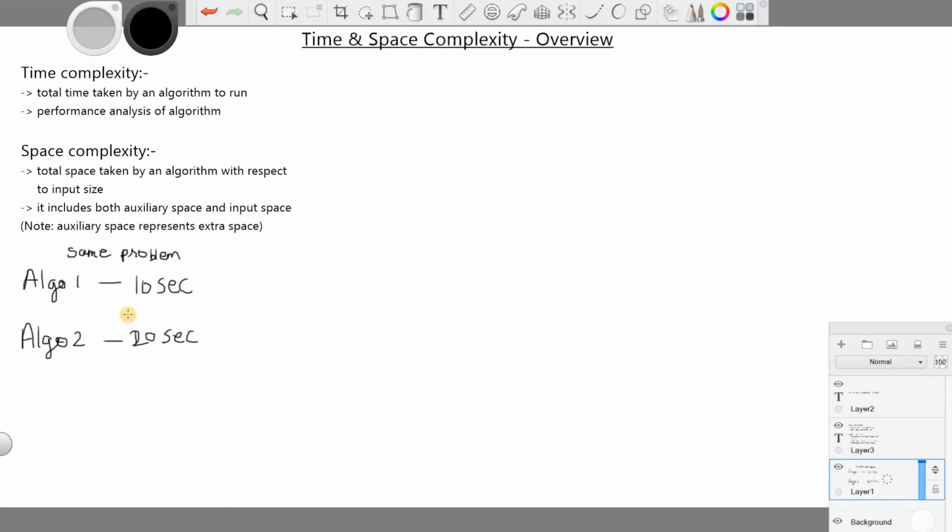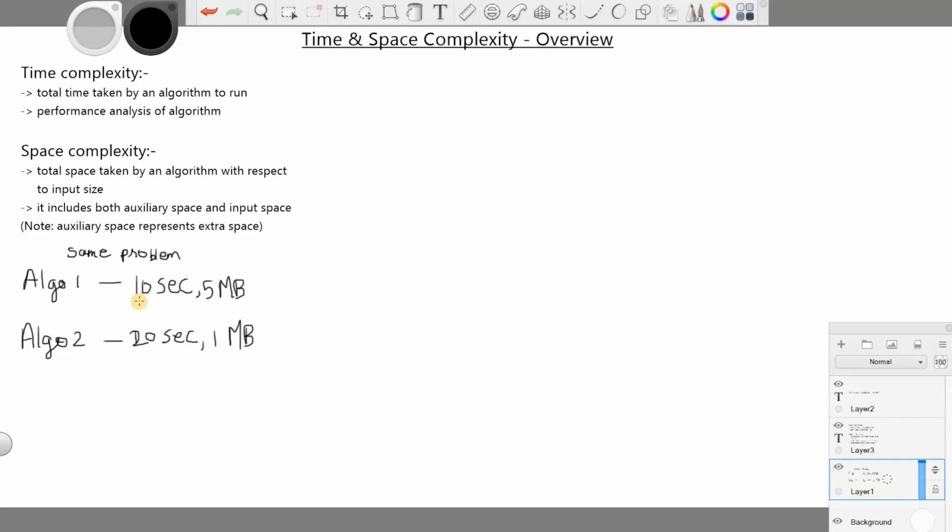Mostly, while dealing with time complexity, we don't represent the time in seconds. I'm just stating an example. So this algorithm runs in 10 seconds and this algorithm runs in 20 seconds. For this algorithm, say 5 megabytes, and this algorithm takes only 1 megabyte. Out of these two algorithms, which one do you prefer?